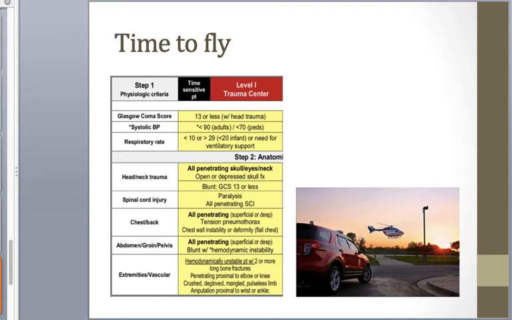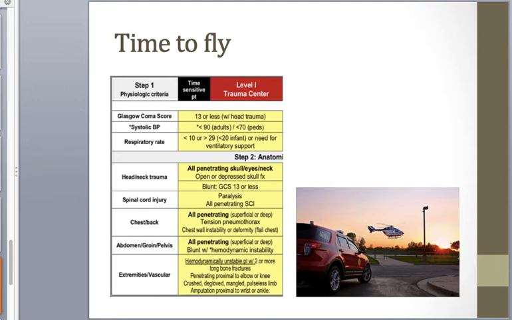Respiratory rate under 10 or over 29 for an adult, or under 20 for an infant, or the need for ventilatory support. And then moving down, all penetrating wounds to the skull, eyes, neck, open or depressed skull fracture, and if it's blunt trauma, a GCS 13 or less. If they're showing signs of paralysis or all penetrating spinal cord injuries, all penetrating wounds, superficial or deep, to the chest or back, tension pneumothorax, chest wall instability or deformity with a flail chest,